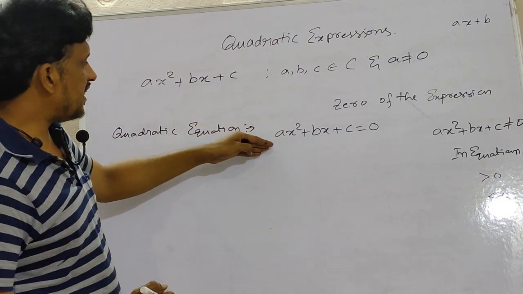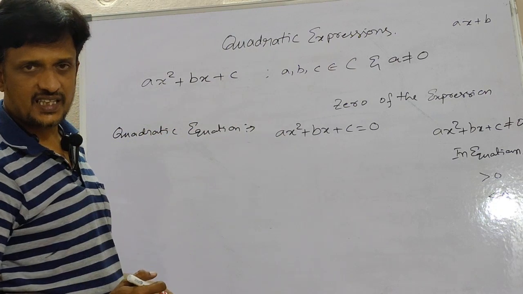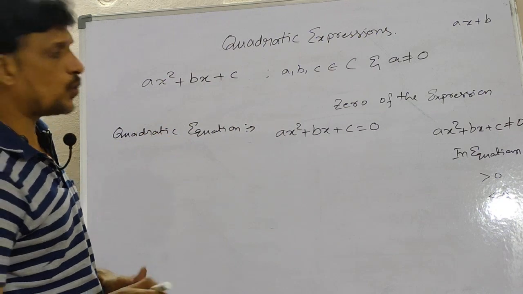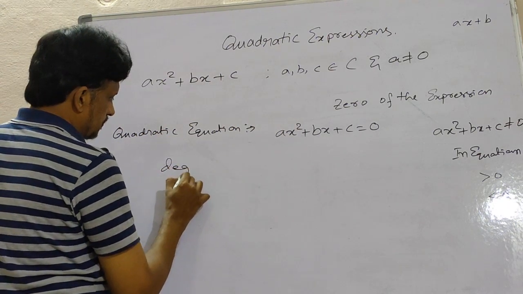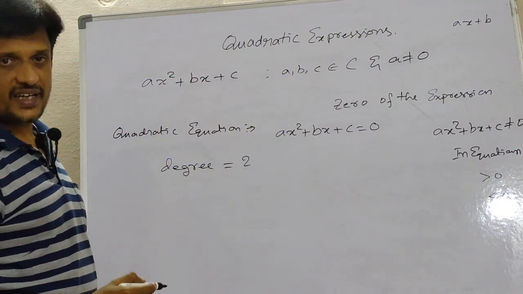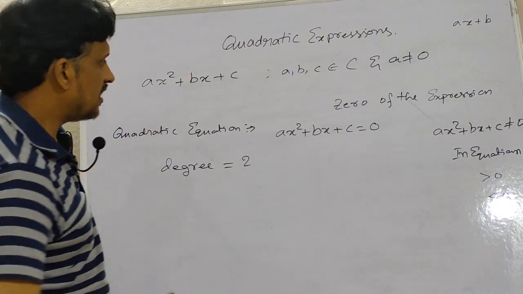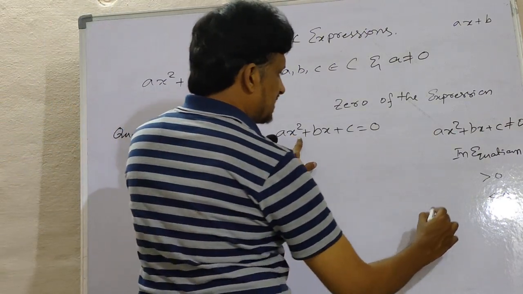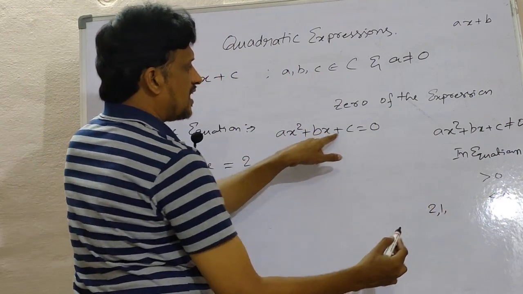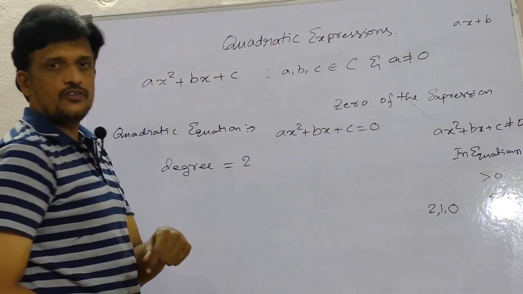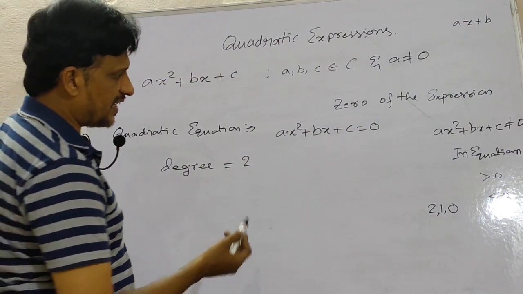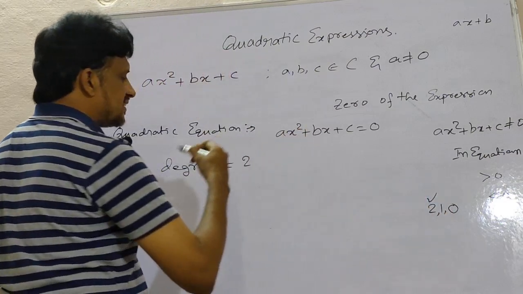So the quadratic equation is ax square plus bx plus c is equal to 0. Here this is said to be of degree 2. So this is a polynomial of degree 2. Degree means the highest power of x. So observe the powers. Here x power 2 is there. Here x power 1 is there. Constant means x power 0 is there. So among all the powers of x, what is the greatest one? That is 2. So that is called its degree.